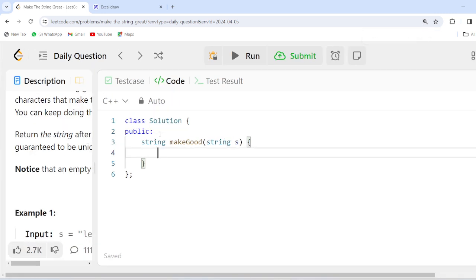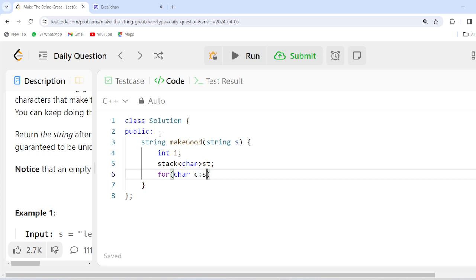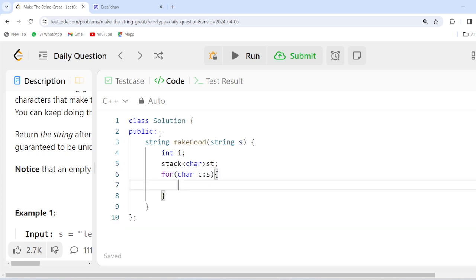So we will take an integer i, then a stack which will contain characters, name it st. For each char c in s, if our stack is empty, then without any hesitation push the element to our stack.